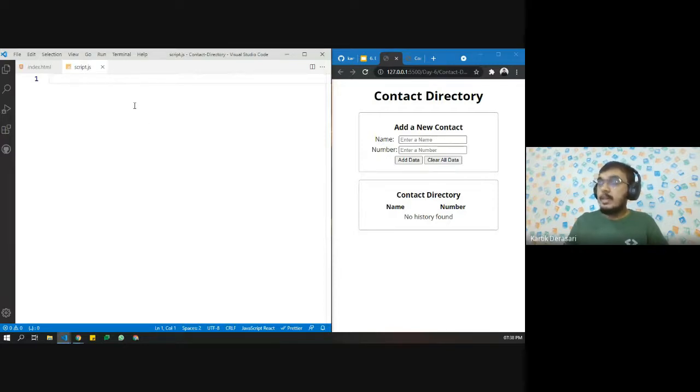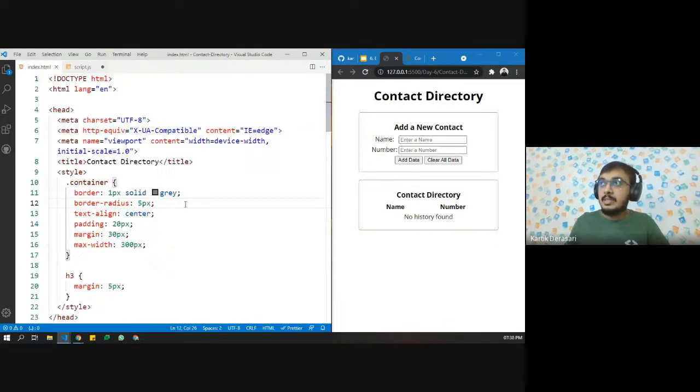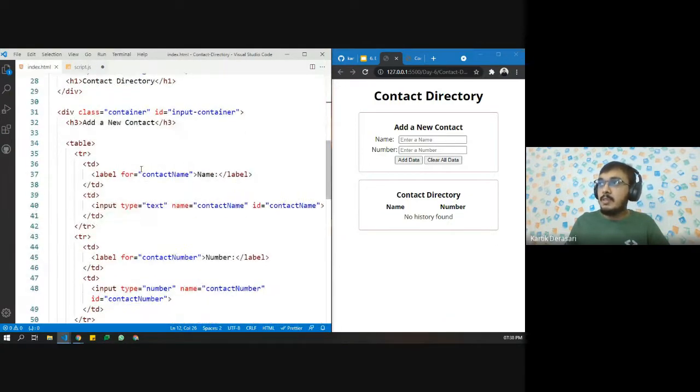So let us say let contact. Here we use this kind of case. So we generally use camel case. So here also you can see that the first letter is small, and after that all the letters are capital. Here also we have the contact name, we have contact number. So we use camel case in JavaScript.